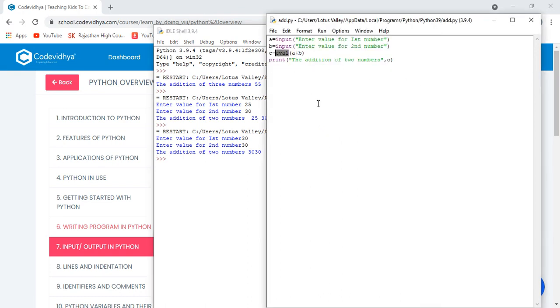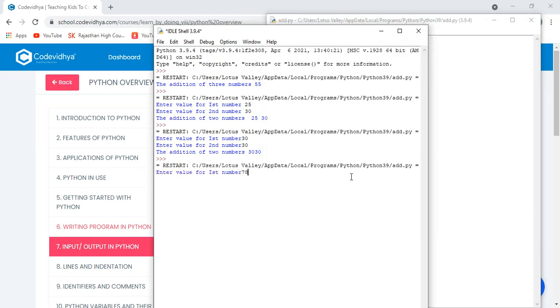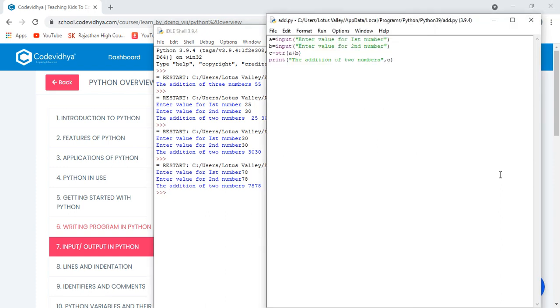One second. So we have to do the type conversion first, because the input function takes everything as a string.